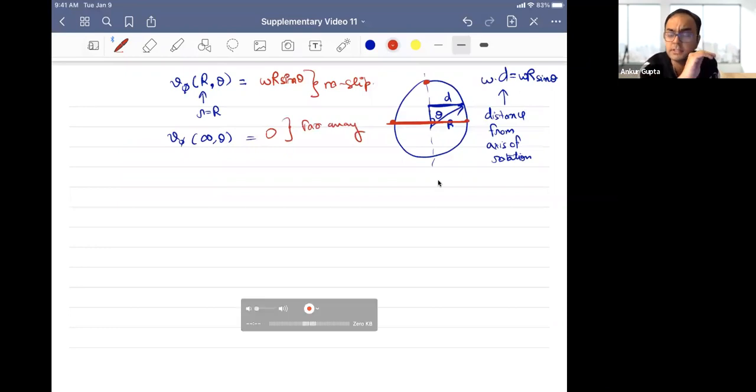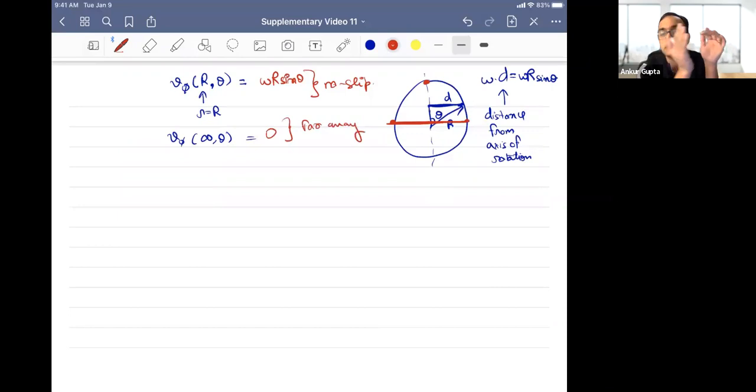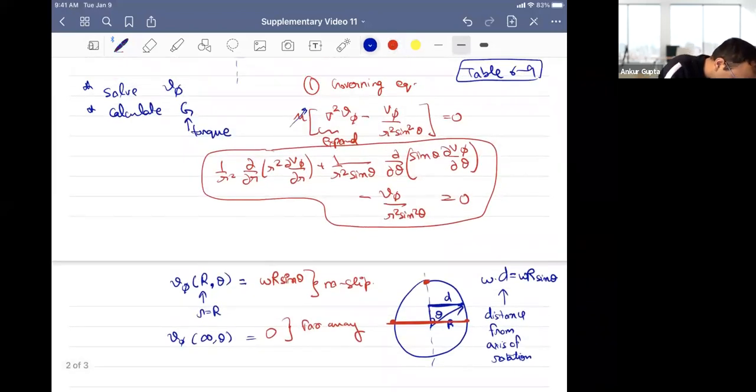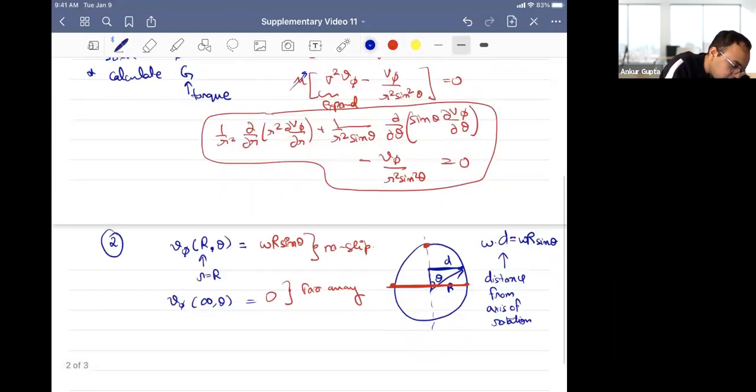This is the first time we are actually talking about flow around an object. We generally have been thinking about channel flow, and we have never encountered infinity until now. So far away, you can imagine there will be no disturbance. Okay, so that's what we have done. This is our equation, so this was the first step, governing equations. The second step is boundary conditions. And the third step is to solve.